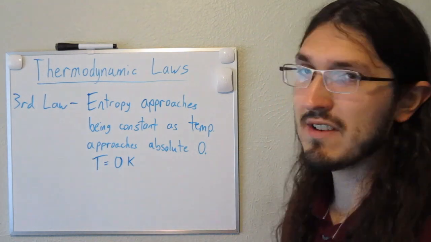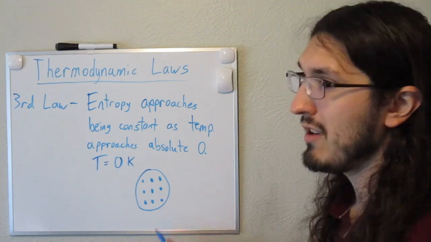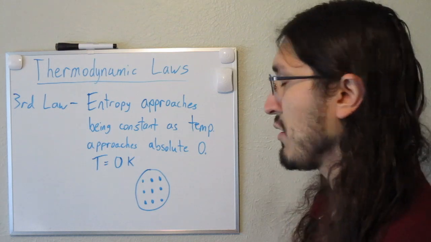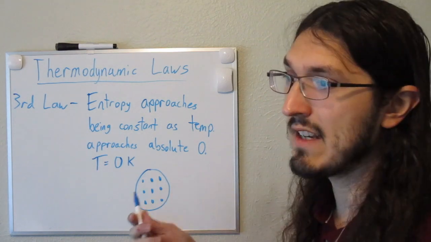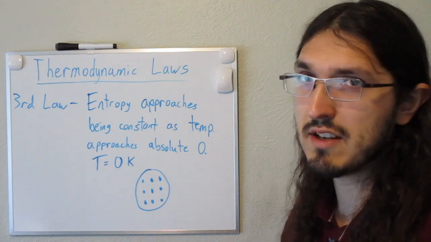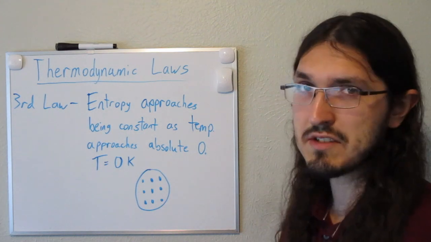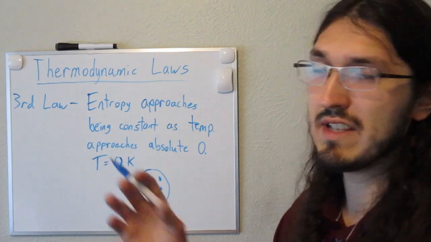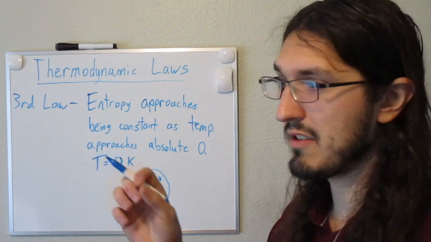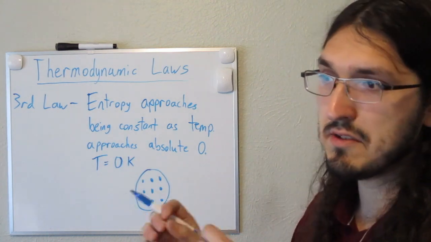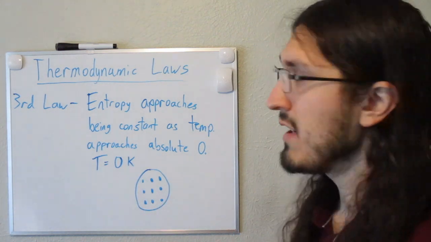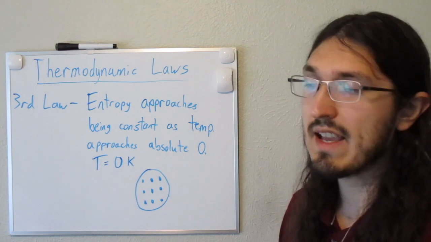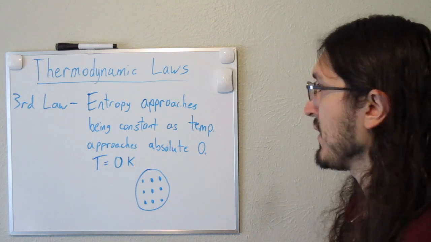Okay, in that balloon example, whenever I was defining entropy, if the gas in this balloon is at absolute zero temperature, the molecules will no longer be able to float around the balloon as they normally would, so they wouldn't be able to occupy different states, which means that the entropy is going to be closer to constant. Even in things that are very solid like crystals, crystals have a chemical composition that is very set in stone and things don't really move around within the crystal. However, even in crystals there are microscopic vibrations and things do wiggle a little bit within the structure. But if that crystal was at absolute zero temperature, then the entropy would reflect that, and there would be fewer states, so entropy would be constant.